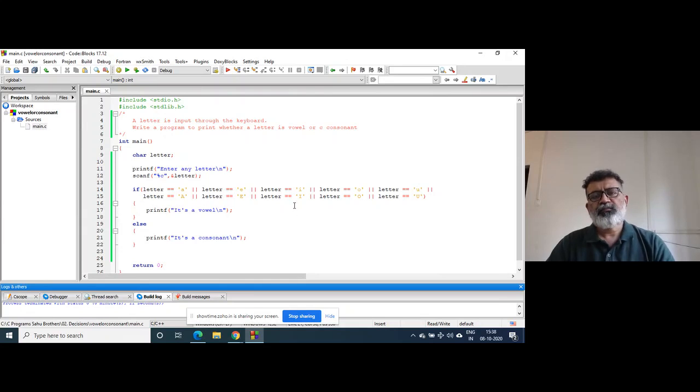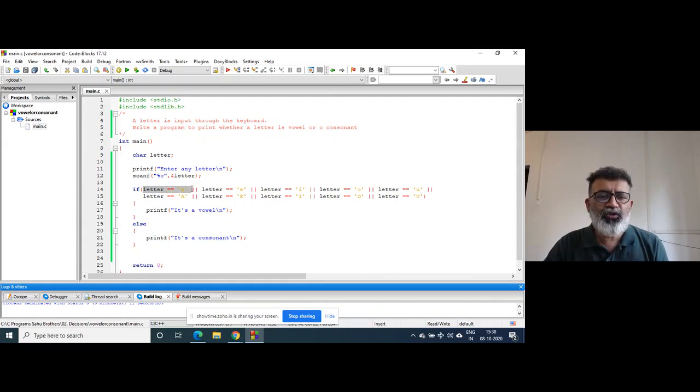So when we talk about vowel or consonant, these are mutually exclusive conditions, right? But first of all, the number of vowels and the number of consonants are not equal. That's why we have connected all these conditions with the logical OR operator. Suppose you have entered small a, then this condition will become true and the whole condition will be true. Why? Because it is not going to check whether the other conditions are true, because it is connected by logical OR.